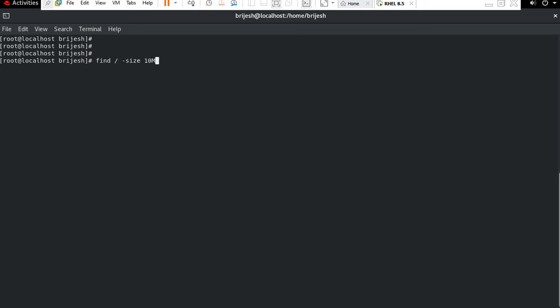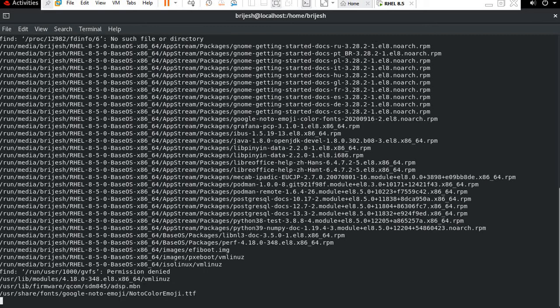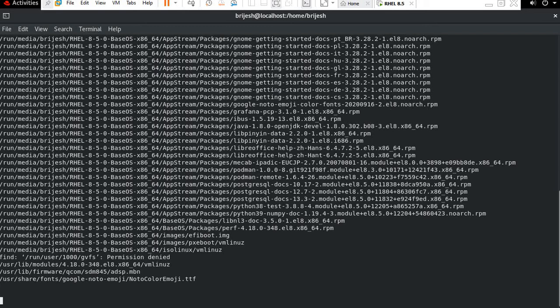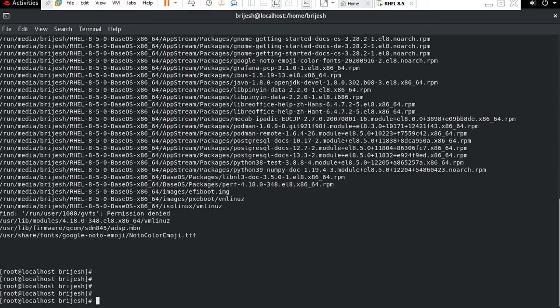Okay, so now it will show all the 10 MB files. You can see guys, 10 MB file size.